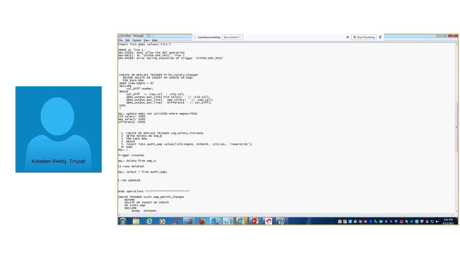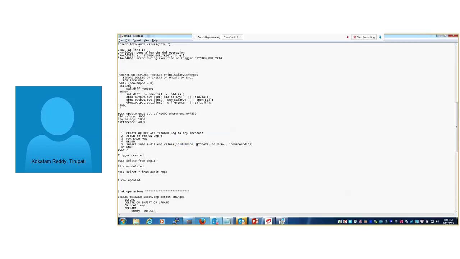When a user deletes records from EMP_T, at that time we will get the audit information into the audit_EMP table. Right now we will get old_employee_number. What is the old employee number? The deleted employee number.